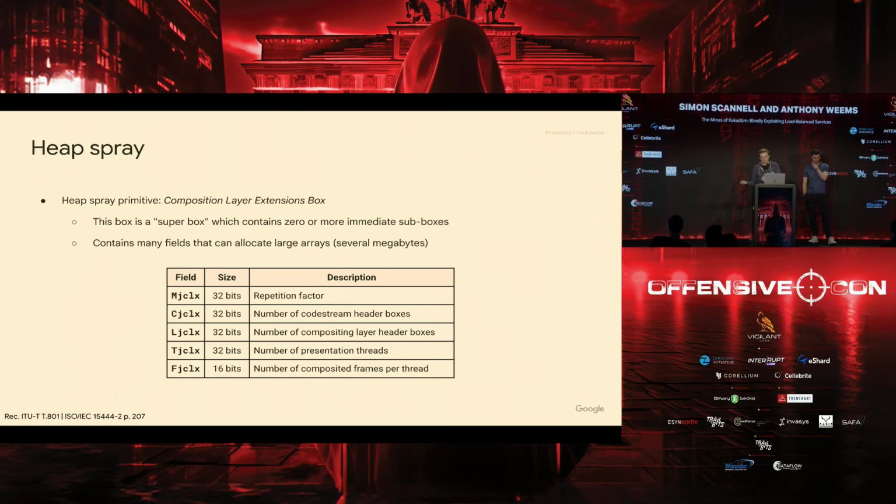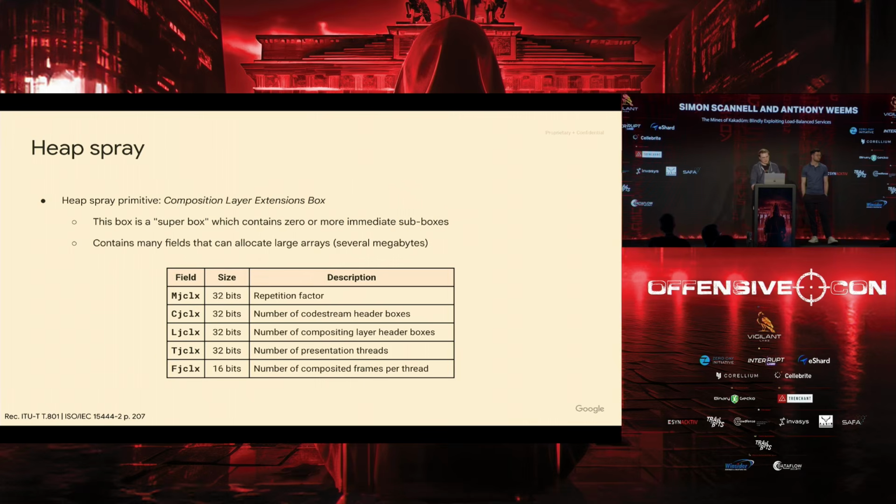So next, our heap spray primitive. For this, we went back to the standard and looked through all of the different markers that allocated arrays of data. And there's a pretty nice one that allocates this thing called a super box, which is just a thing that holds more boxes.